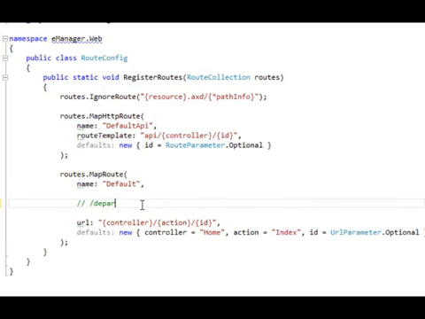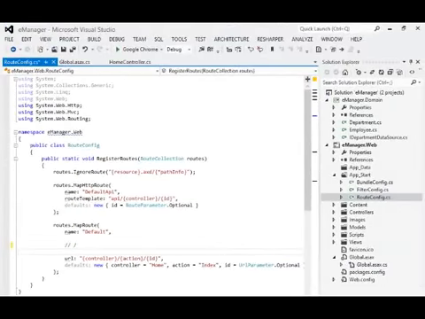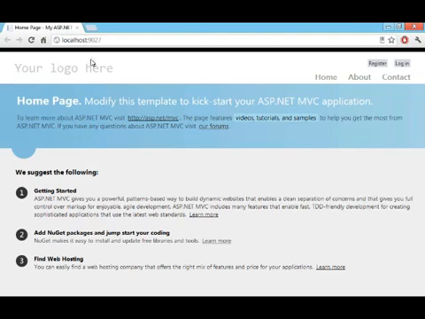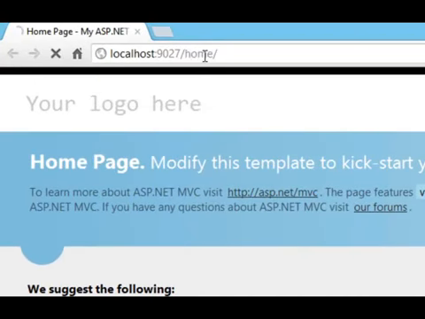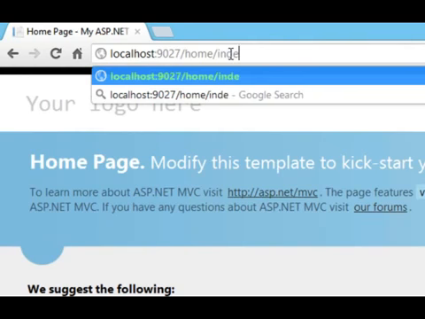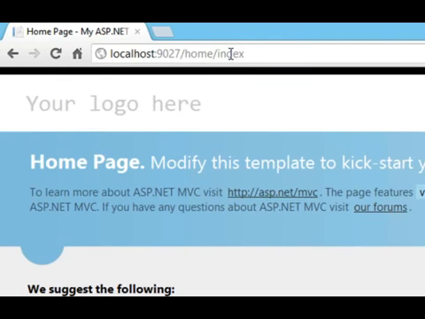And if a request arrives for the root of the application, we have enough defaults to plug in values for everything there too. The controller will be the home controller, the action will be the index action, and the ID is still optional. And what that means is if I go back to the browser where this is running, I can make a request to /home, that arrives at the home page, and I can make a request to /index, and that arrives at the same page, and that's all because the defaults were